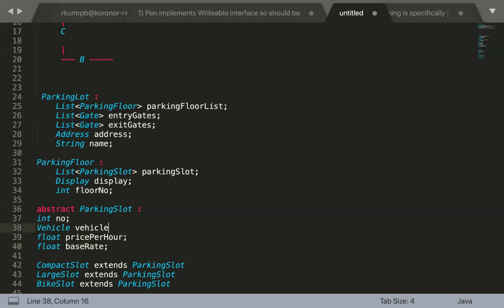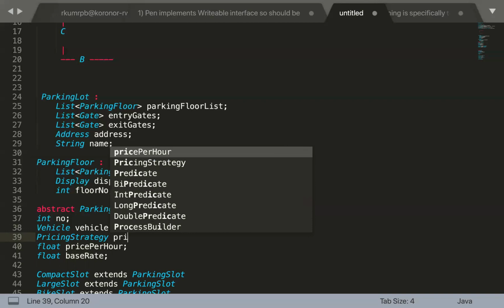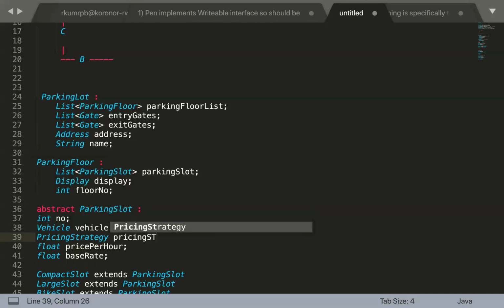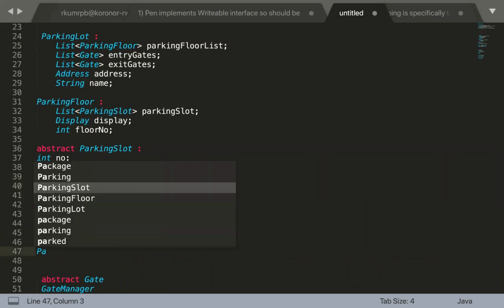So probably we can have an entity called pricing strategy, and we remove all this information from here. We'll create this entity, parking strategy.